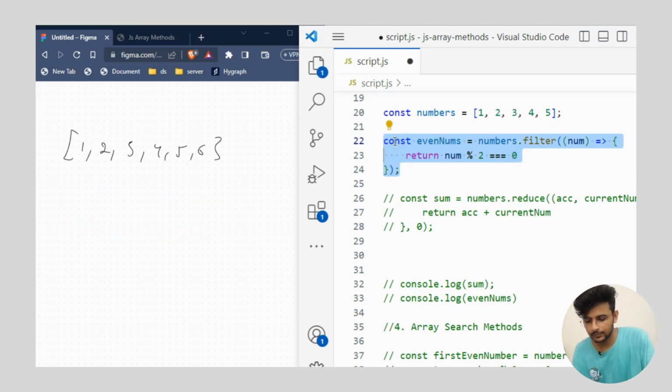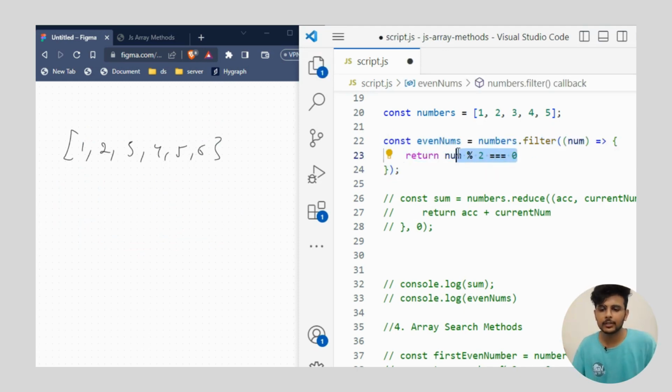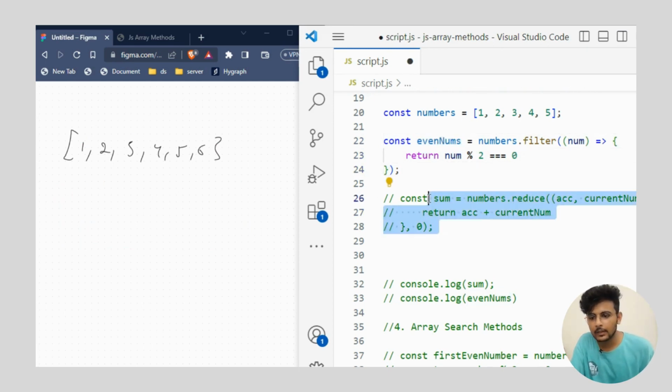First, we have filter method. This filter method obviously check whoever element is satisfying this condition. Filter method store that value in even numbers list. Then we have